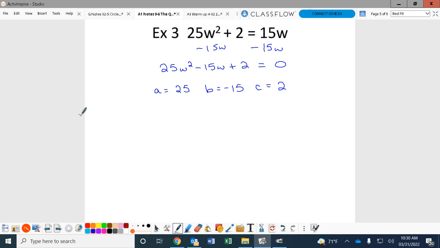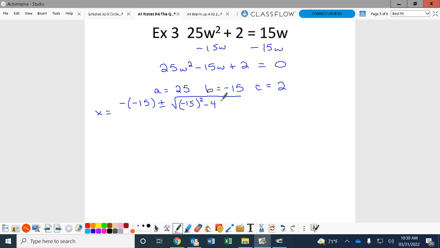Okay, so let's go right here. When you see this, we're going to go ahead and set up x equals. We're going to plug it into our formula, which is the opposite of B, so it's the opposite of negative 15 plus or minus the square root of B squared, so it's going to be negative 15 squared